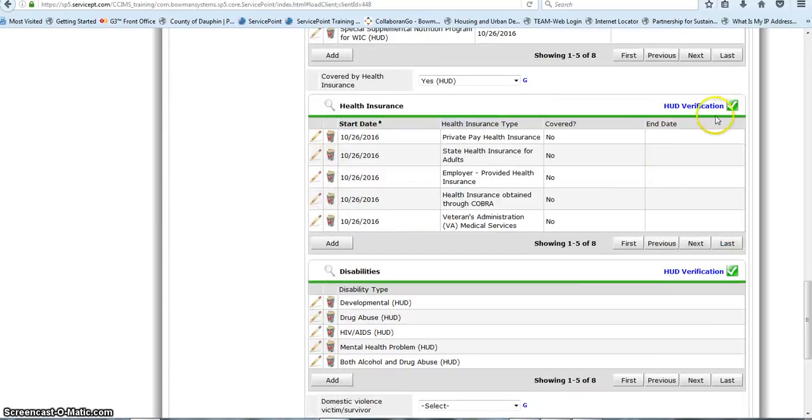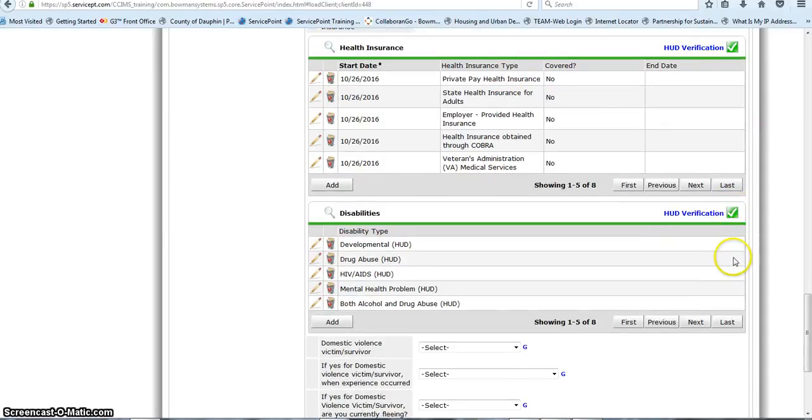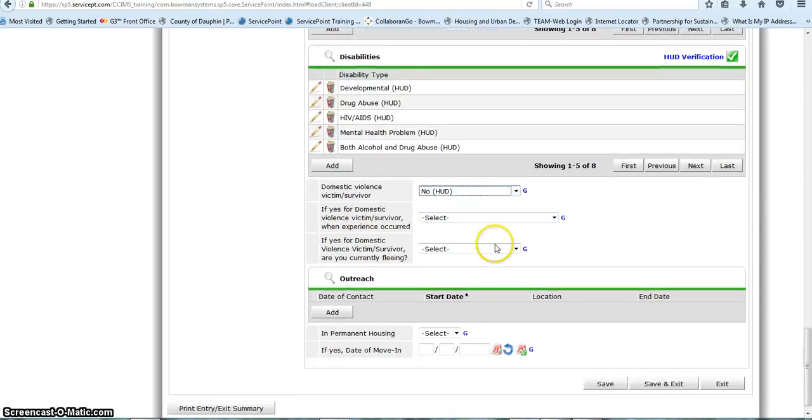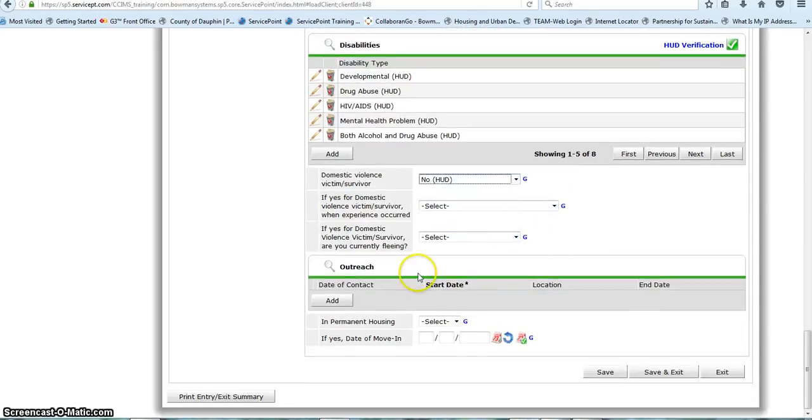So I continued and did the same thing for the other two sub-assessments and answered the questions, and therefore got the green check mark. Domestic violence survivor, we'll just say no in this case, and we don't need to answer the next two questions related to that. The outreach window is only for supportive services for outreach, and unless you're a supportive services for outreach program, you do not need to answer this question at all. Save and exit,